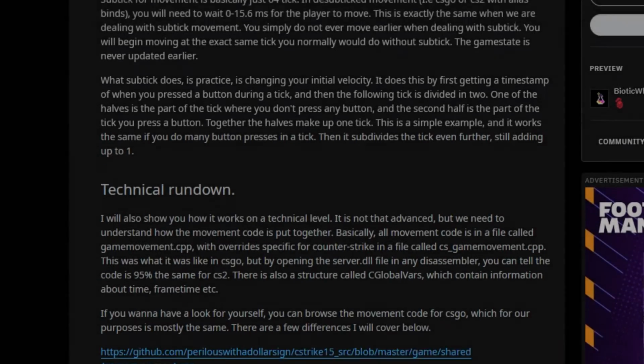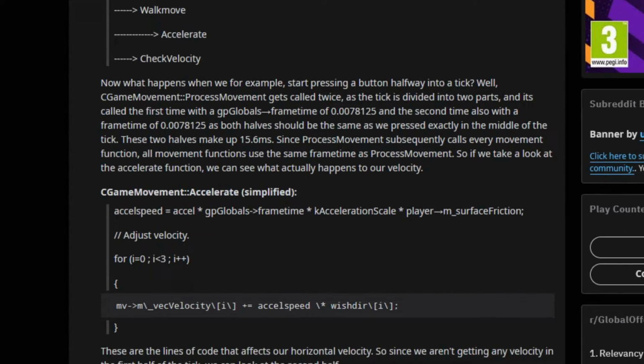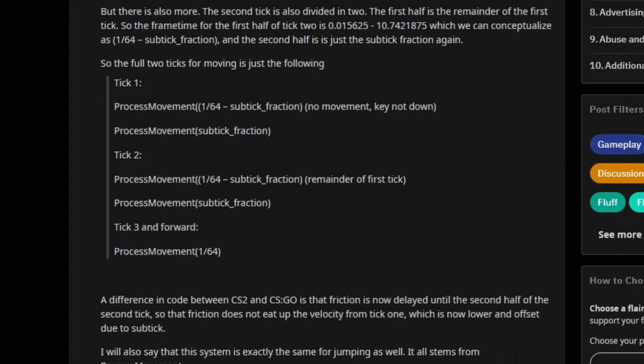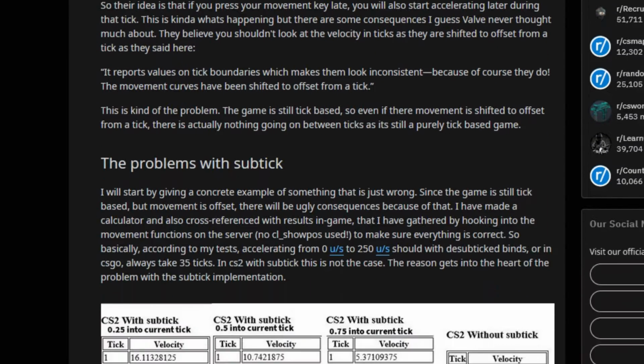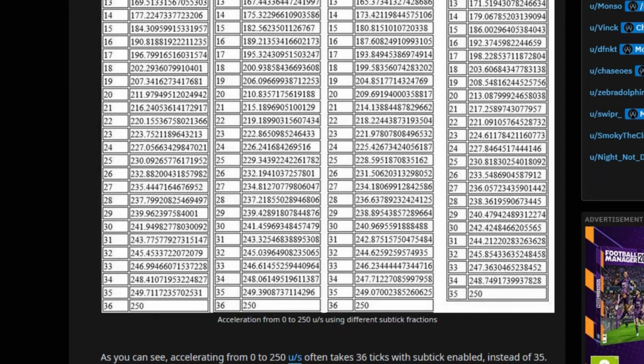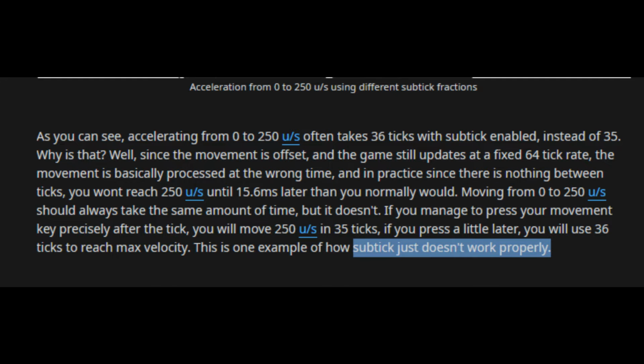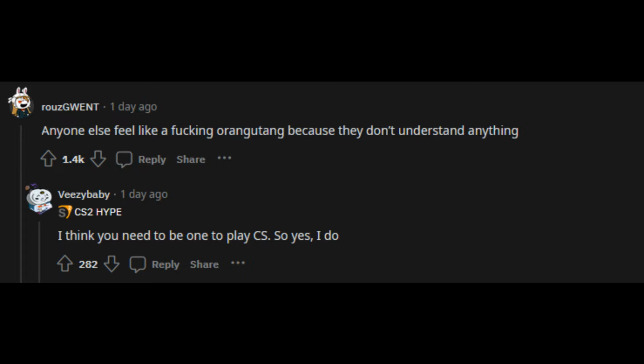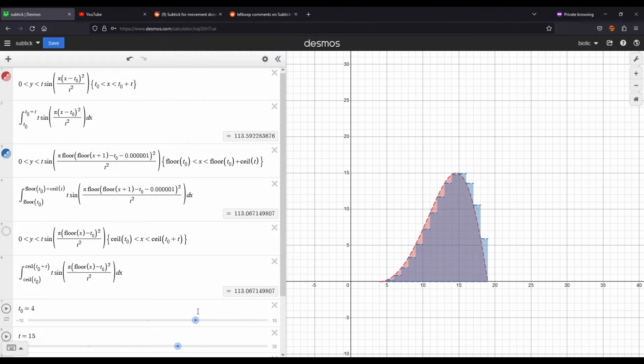Hey everyone. I was inspired to make this video from a Reddit post I saw by Carnifex, who did a pretty good job at explaining quite technically how Subtick movement works. However, there were some claims made that I don't agree with, and also a lot of people weren't able to understand easily what was being said, so my aim here is to try and present the information in a much